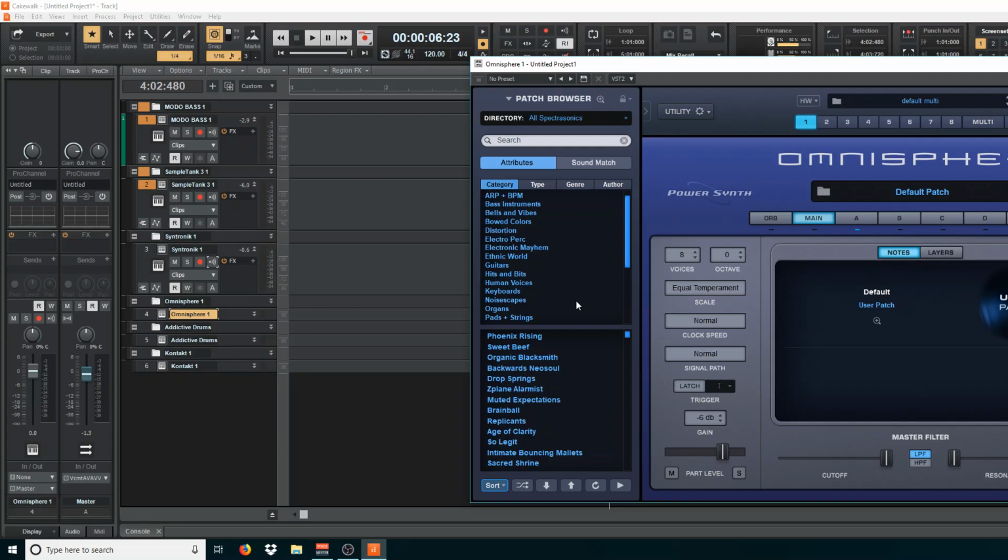Just to give you an idea of how big Omnisphere is and the total content of sound underneath the hood of this thing. It is so huge, and there is such a wide range of sounds that third-party companies do nothing but make presets, whole instrument genres, whole instrument libraries just based off the sounds within Omnisphere. Now that is huge. It is massive. And thank God they gave you a nice